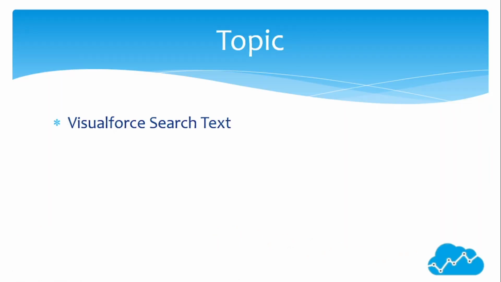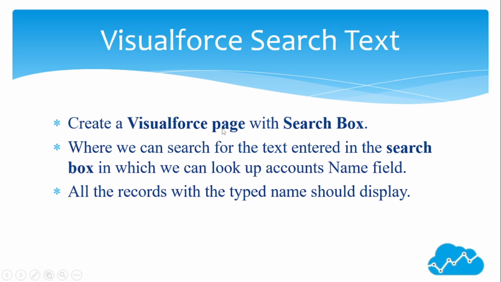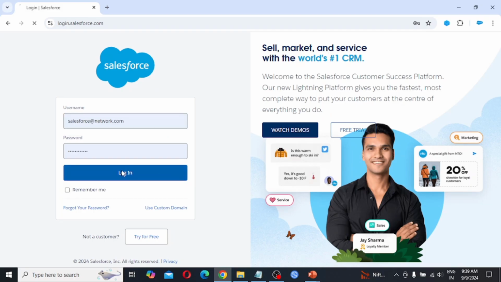The topic we are going to cover in this session is Visualforce Search Text. Create a Visualforce page with a search box where we can search for the text entered in the search box, in which we can look up the account's name field. All the records with the typed name should display. So to do the practical, just log into our Salesforce account,